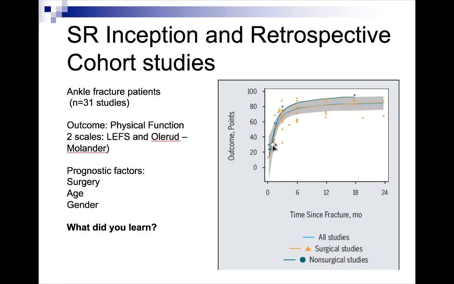But this also tells us that they're going to improve quite rapidly, where at 3 months, they've essentially achieved a large percentage of their recovery. And then from 3 to 6 months, it'll be fairly low. And then from 6 to 24 months, very minimal amounts of recovery. So it helps us kind of relate to our patients and understand when the critical times are in terms of